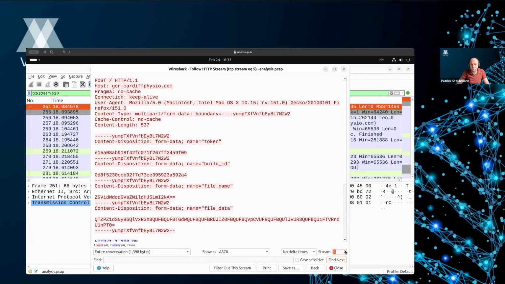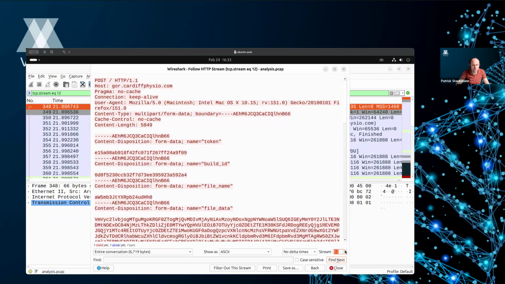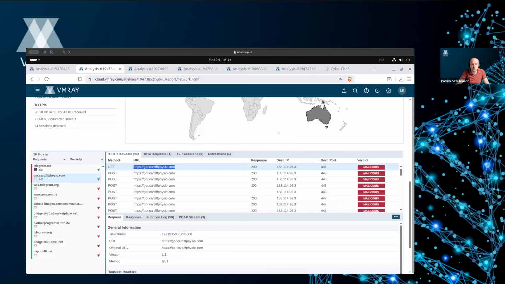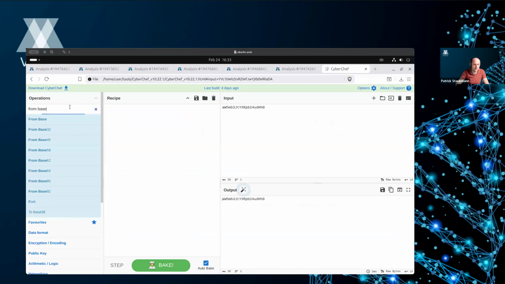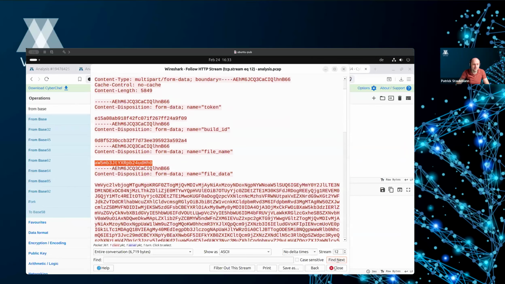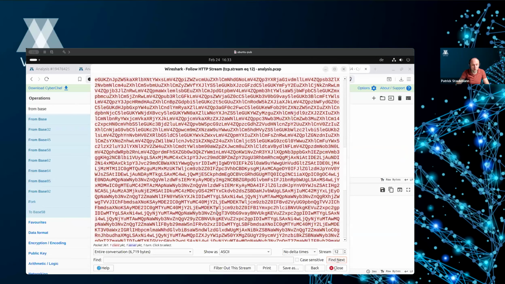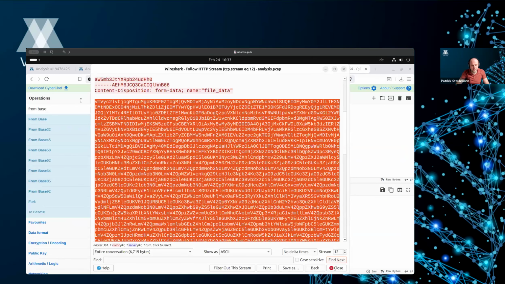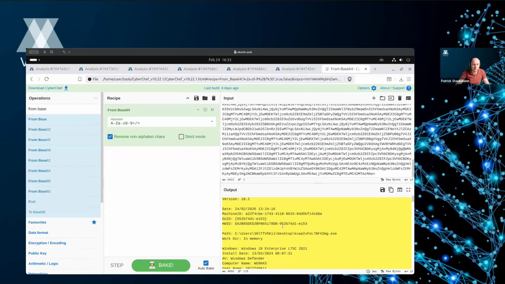If you go further down, there are also files being uploaded and posted to the command and control server. For example, a file name here is usually just base64 encoded, and if you base64 decode that, you see that the file is called information.txt. And if you also extract that content, which is also just base64 encoded data,